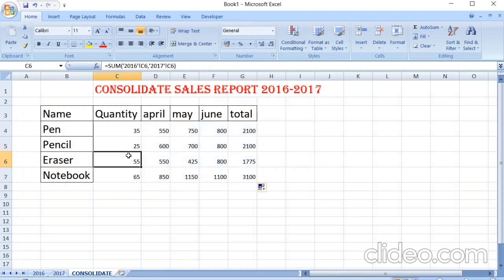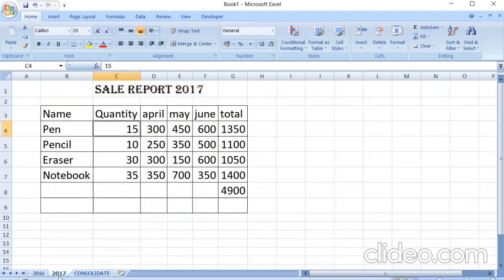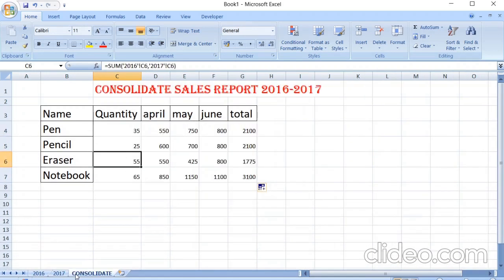This is the way to do the calculation by picking the data from different sheets. Clear? It is not compulsory that you need to put only SUM. Whatever formulas are here, average, count, anything you can put.